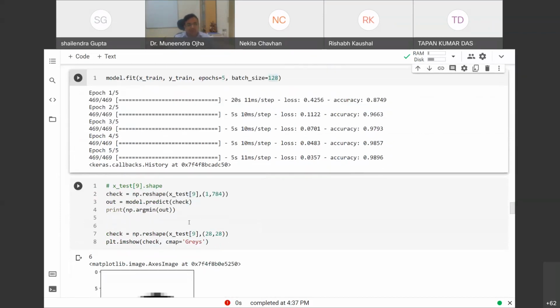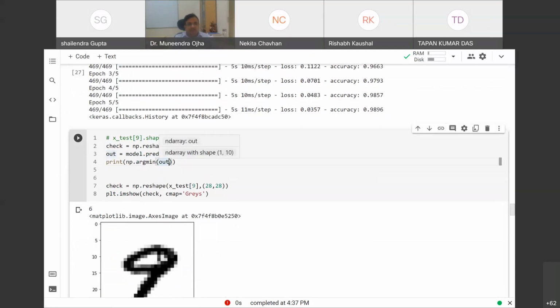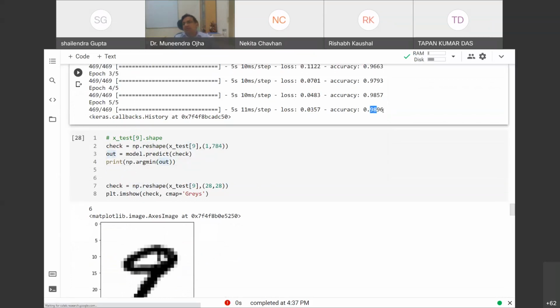Okay. So you see over here, it is still 99% accurate, but there are still errors. To emphasize the error, I have found one image which normally gives an error.